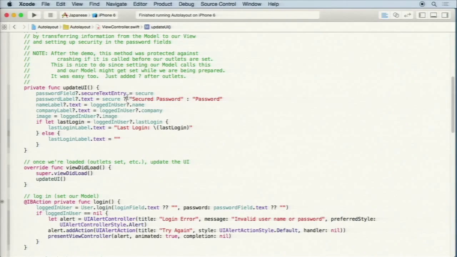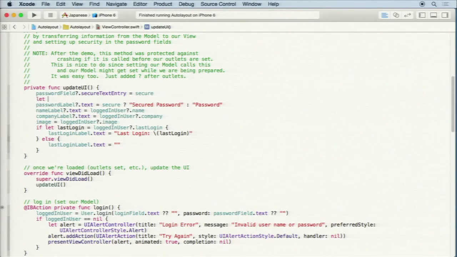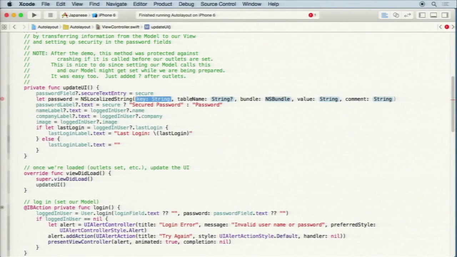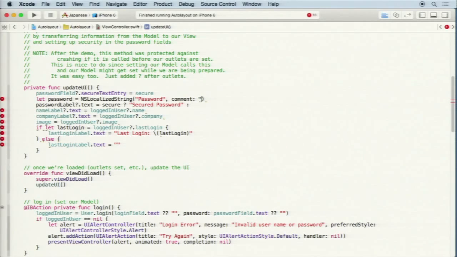This is a pretty simple thing. We got these two literal strings here, and we need them to be localizable. So I'm just going to create a little local here, which I'm going to use NSLocalizedString for, and you can see here's that long version of it. And first let's do password. So I'm just going to take my literal string and plop it right in here. I don't need the table or bundle or value. And then this is going to be a comment to the localizer. This is something like, this is a prompt for the user's password